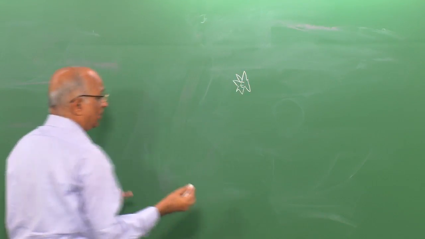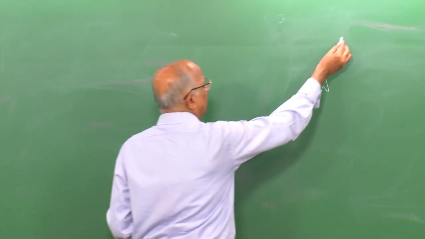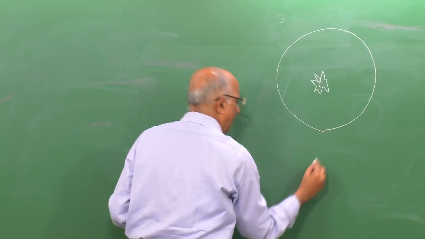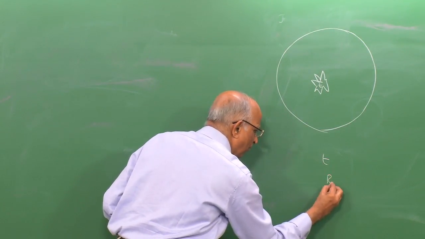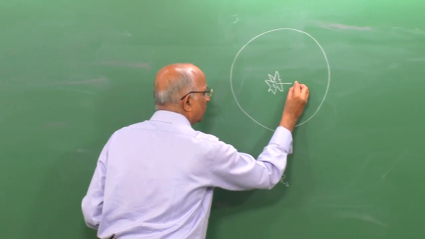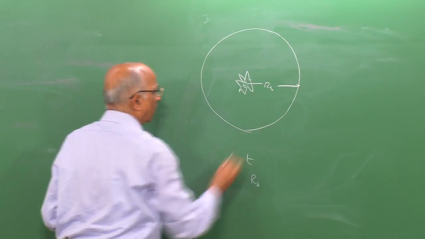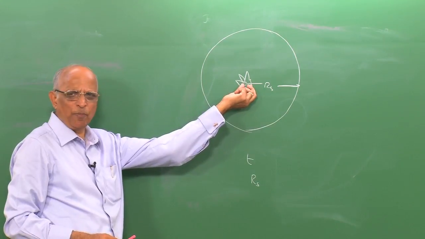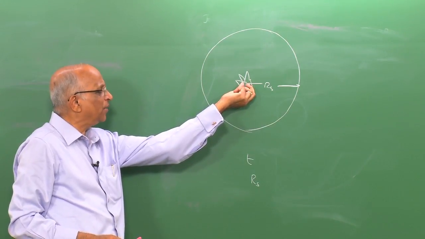The energy release we say is instantaneous, and what happens? Well, at time t I have a shock front, and let us say it has a spherical symmetry. At time t I have a shock front which is at a distance r(s) from the center of the source. Let us also assume that the size of this source is so small that it is a point. Therefore, we have a point source,